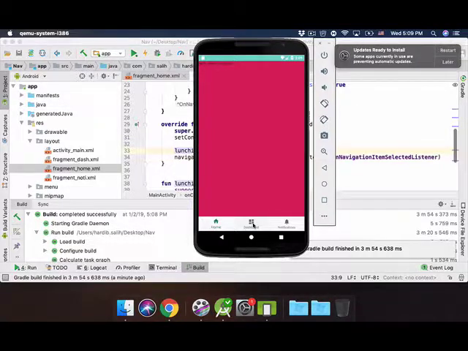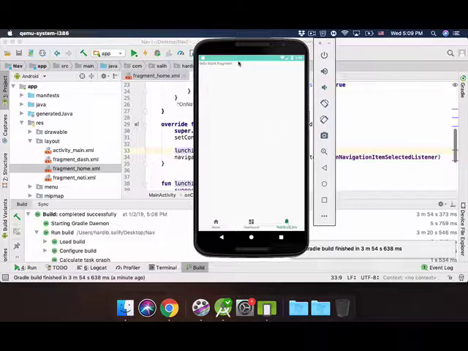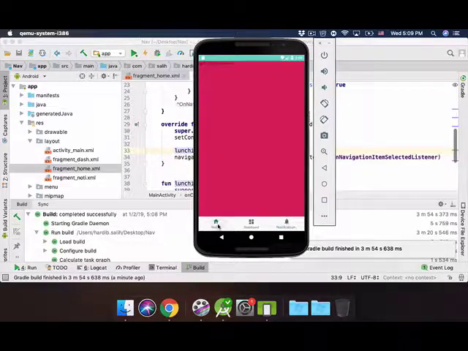But now, if you go from the first one to the second and to the third, it will pop up the fragment. But when you go back to the first one, the fragment where we set this ugly color shows up. For the next one, we will work with a fragment, how we can show the data when we are